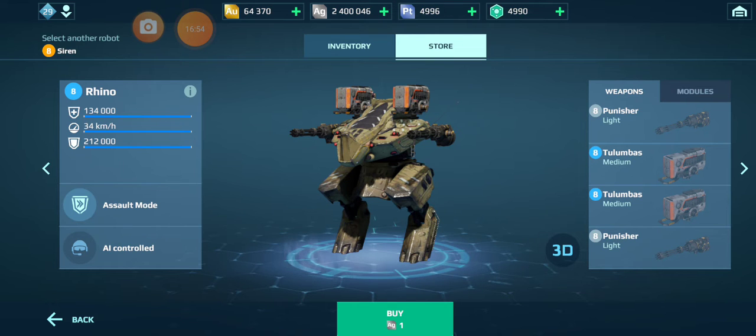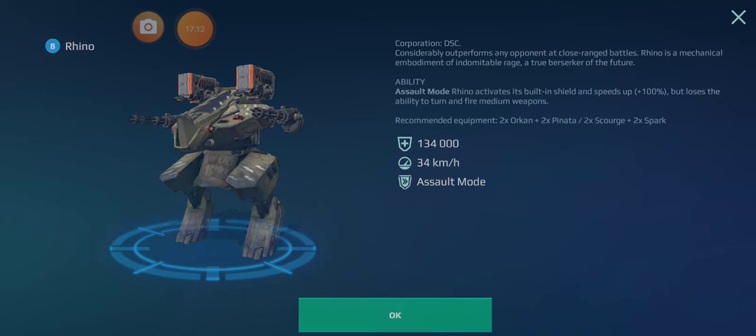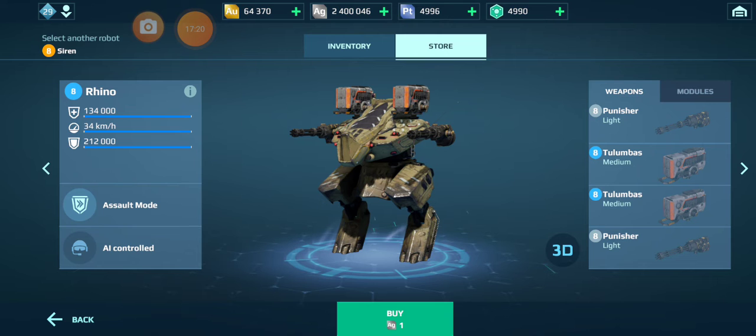Now, when the assault mode goes on, he speeds up, but has no movement as far as directional. And that movement speed isn't all that great either, because look, he's at 35, and the movement's up to 100%. So he speeds up to what would be an average robot, and he has...